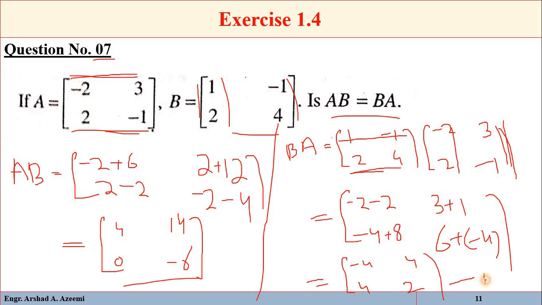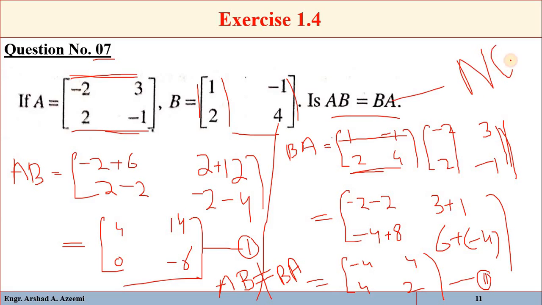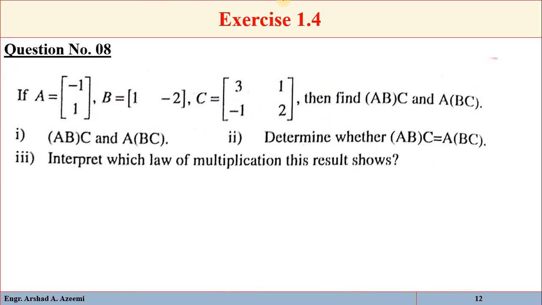So see, this is matrix 2 and this is matrix 1. So you can see that AB is not equal to BA. Okay, so the answer will be no. AB is not equal to BA. Okay. Question number 8. If A is equal to this one, B is equal to this one, and C is